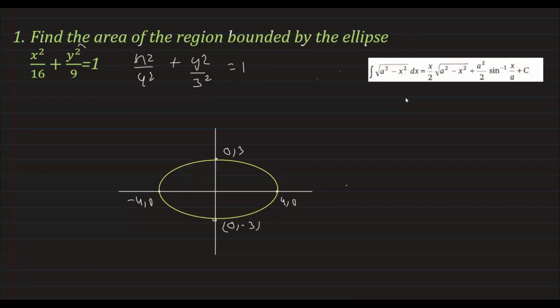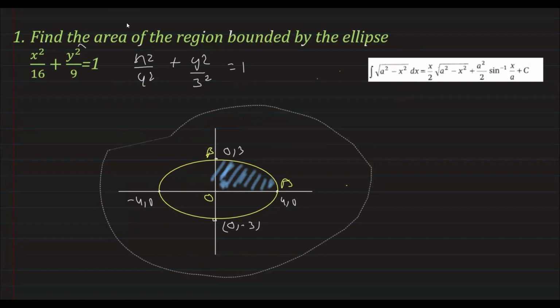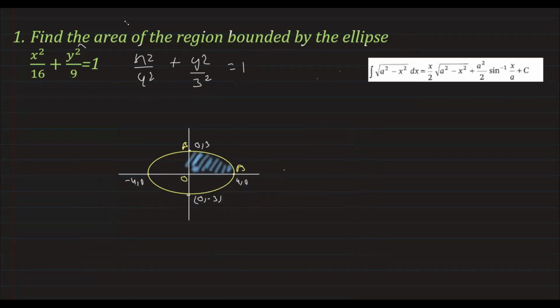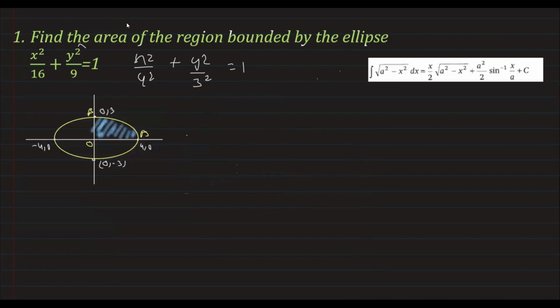So therefore, we'll just be finding the area of this region and multiply by 4. This is the shaded region. You may name it as O, A, B, O. So we can say that the required area in this case, let me write down, will be 4 multiplied by the area bounded by this figure